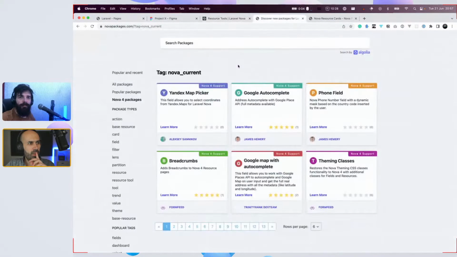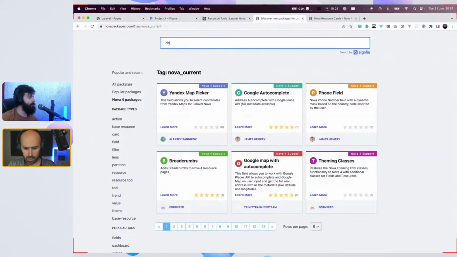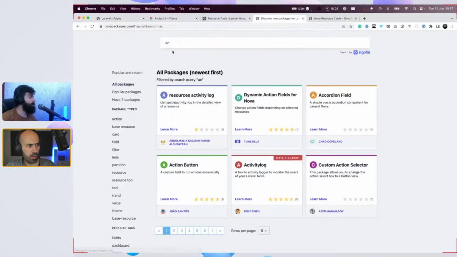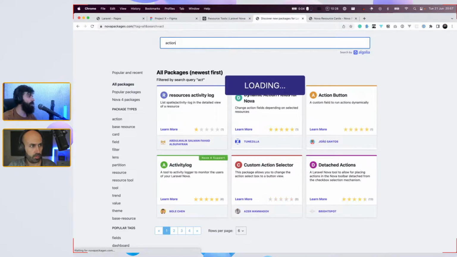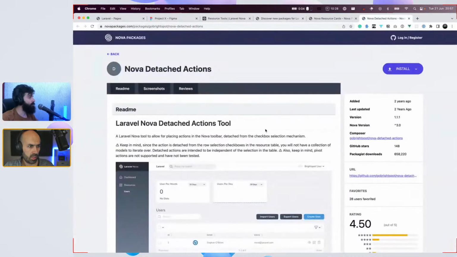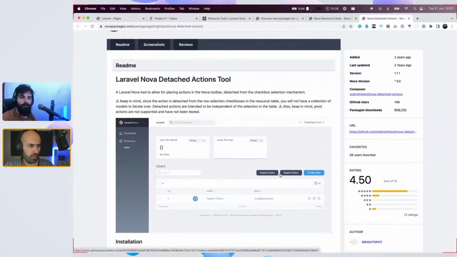I'm thinking of something else. Detached actions. What was it like? Oh, but maybe it's not Laravel 4. Not yet available for detached actions. You got it. So they are putting actions all over. Yeah, you see? Something like this.